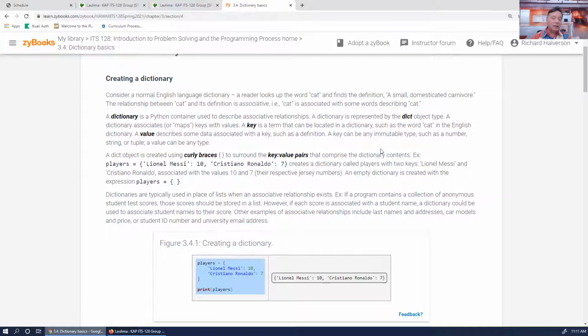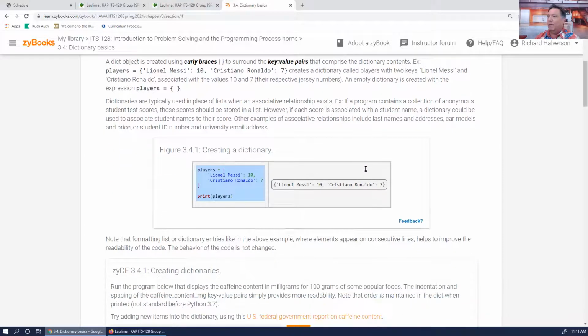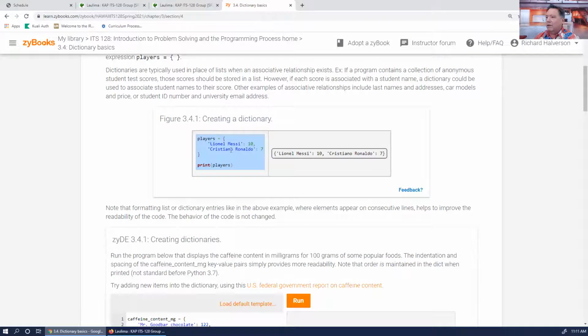I have to come back to you and say, well, you tell me a key first, and then I can tell you if that's in the dictionary. So anyway, here's an example, and you use curly braces just like sets. So here's how you define a dictionary. This is the key, and this is the value, and this is the key, and this is the value. If you want to list out all the keys of a dictionary, which you can do,